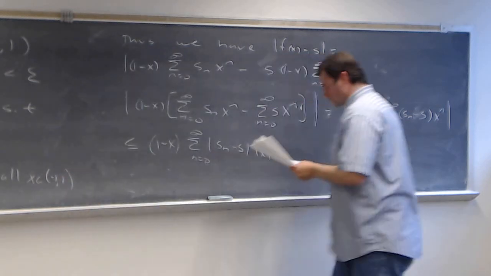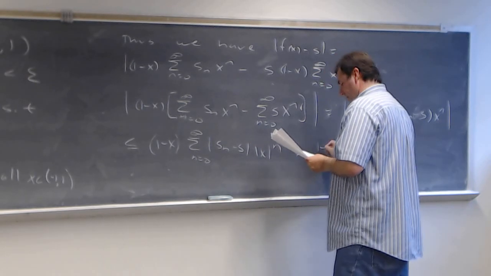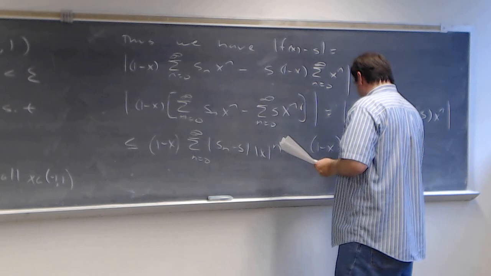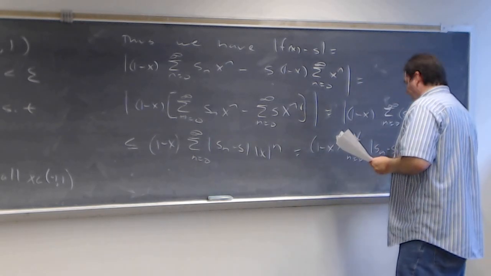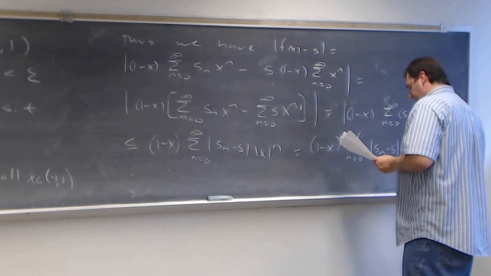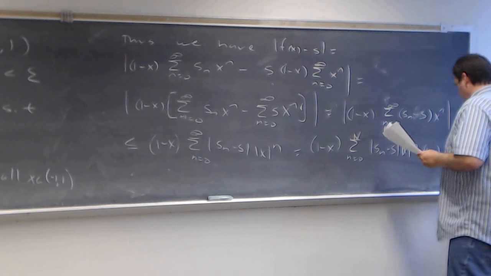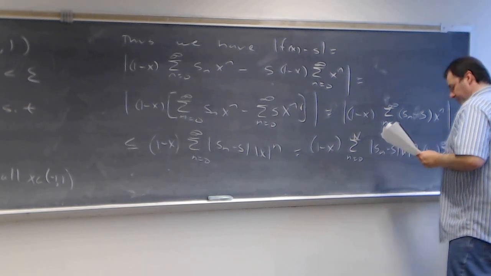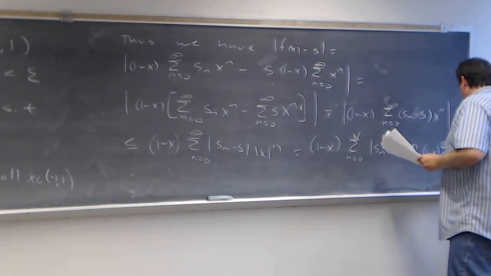And that's what we get, which equals 1 minus x times the sum as n runs from 0 to this big N that we have of the absolute value of s of n minus s times the absolute value of x raised to the n, plus 1 minus x times the sum as n runs from big N plus 1 to infinity of the absolute value of s of n minus s times x to the n,